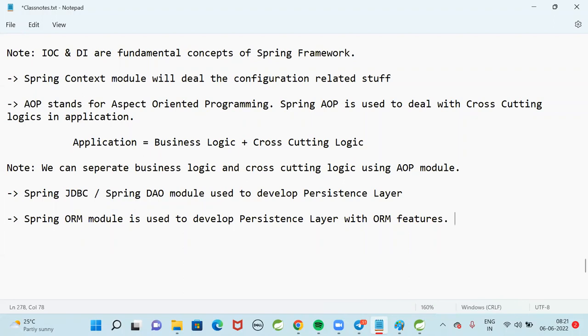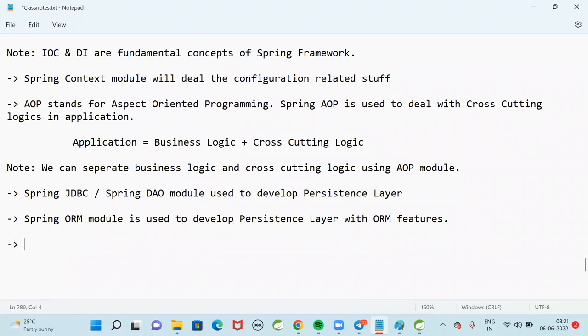Spring ORM will internally use the Hibernate framework only. Spring people don't want to develop everything from scratch, so they integrated the Hibernate framework in the ORM. If you are using Spring ORM, that means you are using Hibernate ORM with ORM benefits.